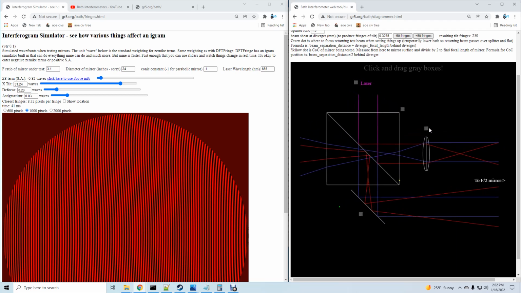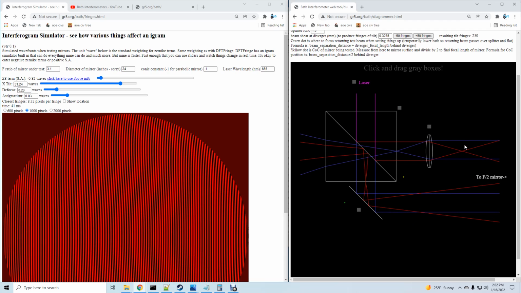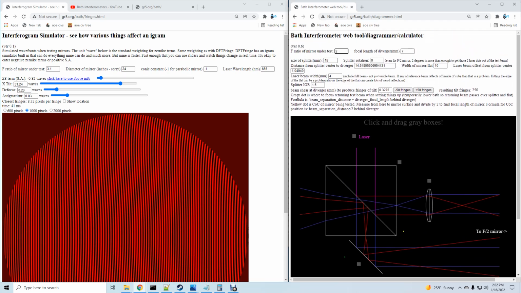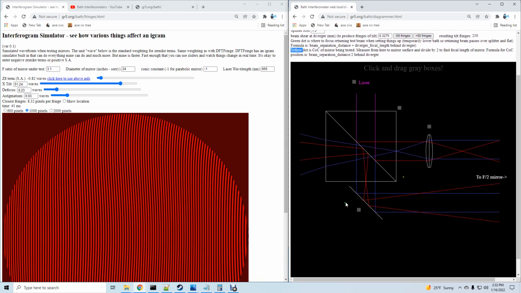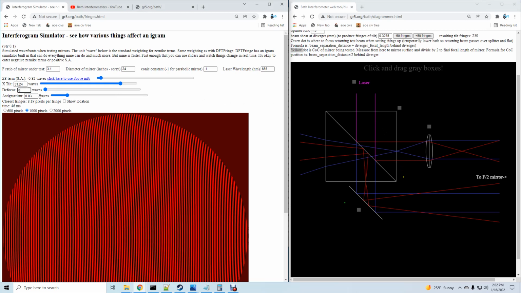All right, the last thing is to explain about these three dots, or these two dots, the green and yellow dot, which is the most complicated part, I guess, and is described right here. The quick answer is the green dot is where you want to focus things when you're setting up the bath, and the yellow dot is the center of curvature of the mirror that you're testing. So if you're testing and you're at a focus of 0, if you're right at conjugate, I think is the right word,